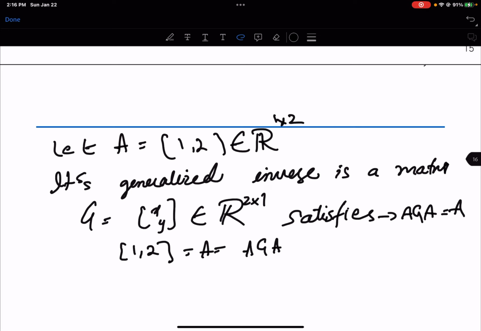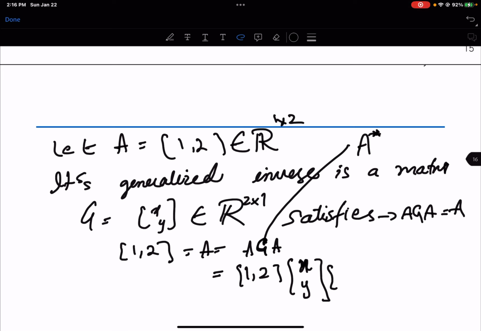Then what about A G A? G is the new inverse that we are going to have. So it will be 1, 2, the original matrix. Then we have a generalized inverse x y, and then we again multiply it by 1, 2. So the form that we have here becomes